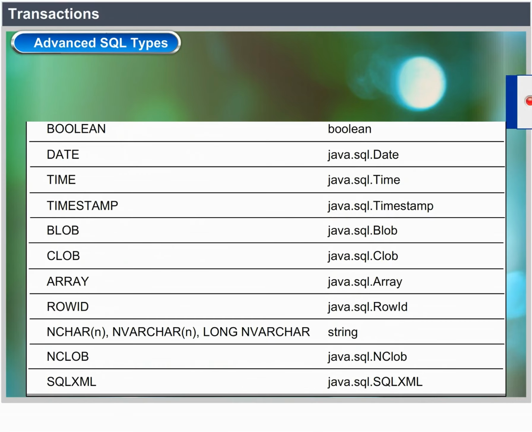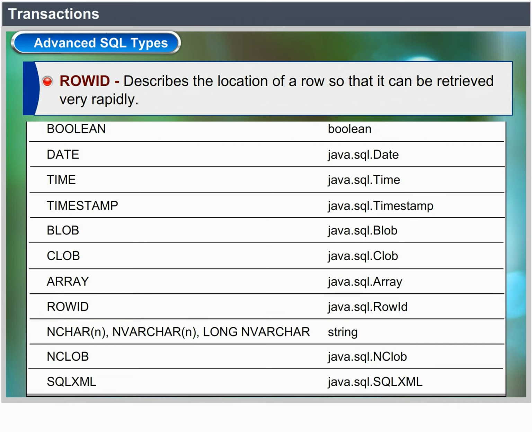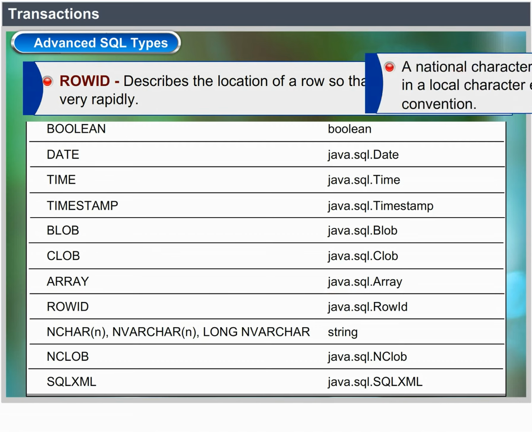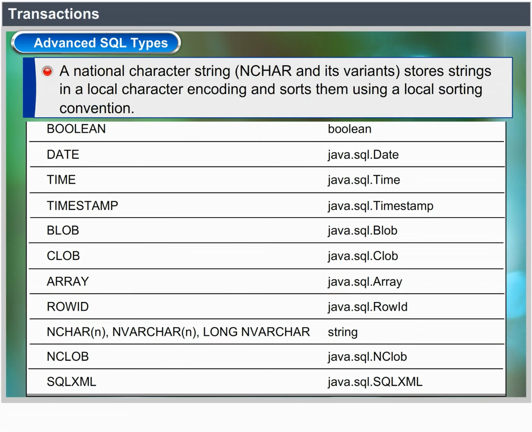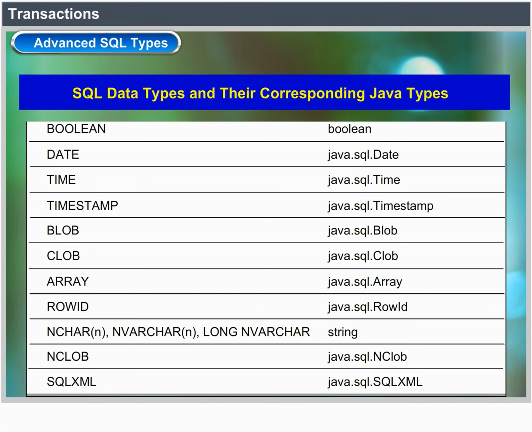Advanced SQL types. A SQL array is a series and sequence of values. ROWID describes the location of a row so that it can be retrieved very rapidly. A national character string, NCHAR, and its variants store strings in a local character encoding and sort them using a local sorting convention. Some databases provide native storage for XML data. The following table shows the SQL data types and their corresponding